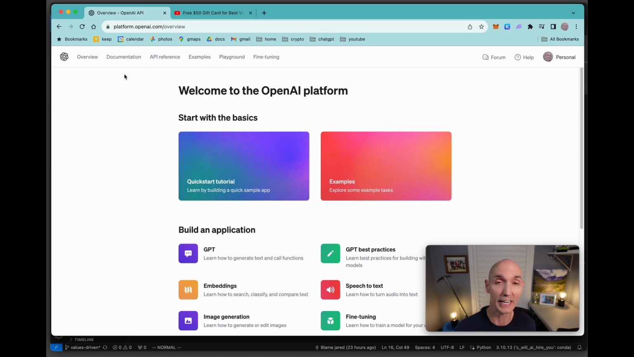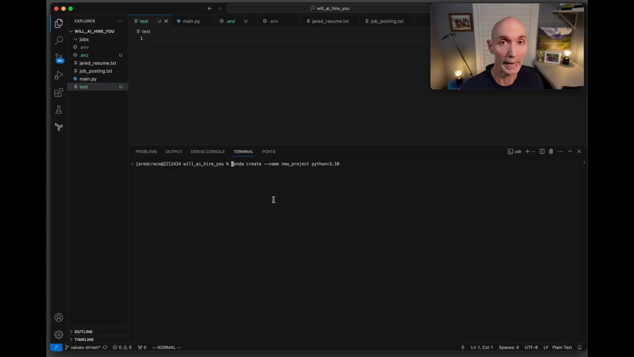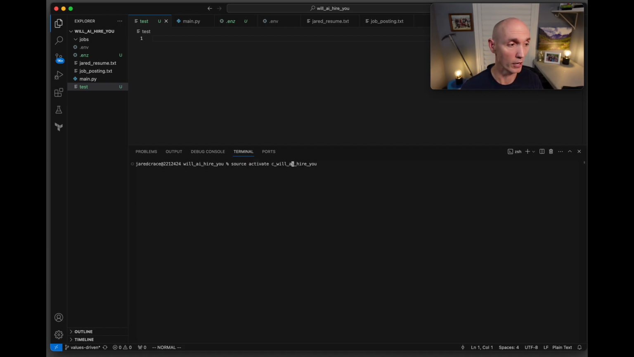APIs. You're going to need an account here, so come over here to personal. You need to get your API key. You can view it right here, copy your key, and then you'll bring it over to your code. And before you get started, I use Conda. That's a really good way to segregate your different environments. So here's the command: conda create, name, a new project, and Python 3.10. Once you make that new environment, you got to call the command source activate and the environment name that you